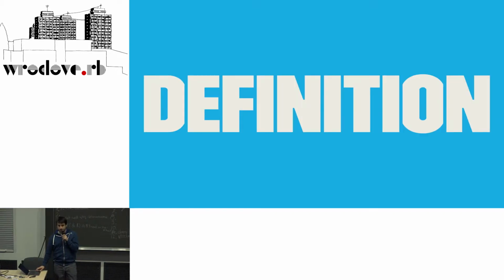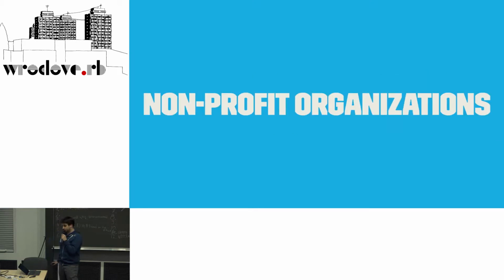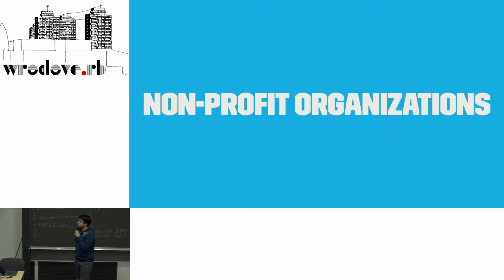One definition. I'm here to talk about non-profit organizations. So what they are is usually you would think that there are some people at the Amnesty International, Transparency International, or whatever, but those are only the big ones. And there are also small ones, and I want to talk about them, the ones that do invisible jobs every day.